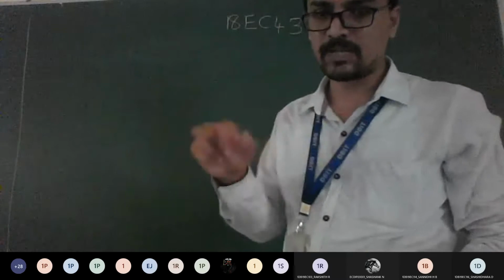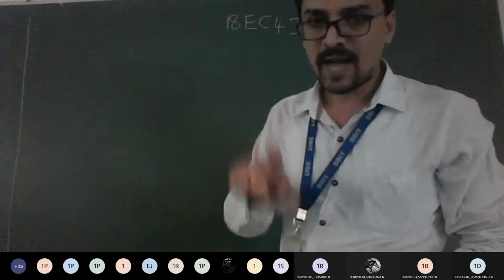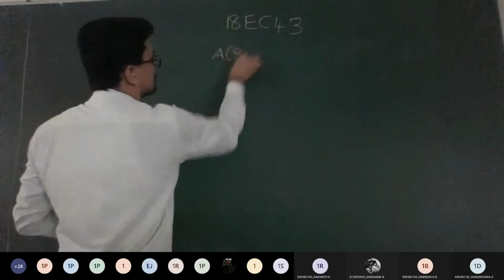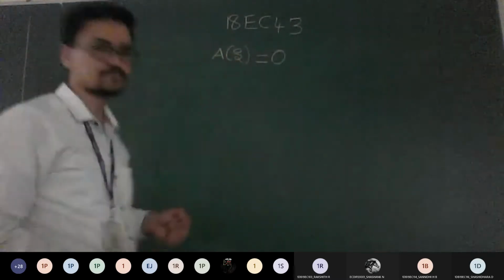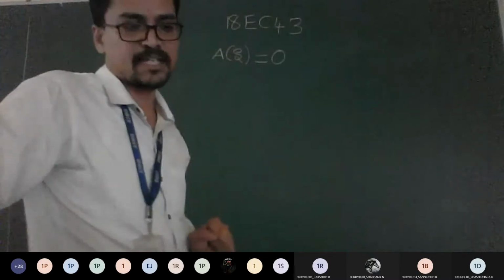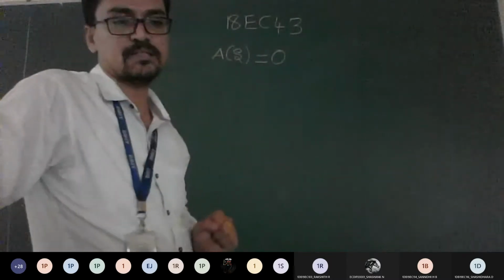Okay, so just make a note. I hope you made it right. Since there is no sign change, the system may be stable, but as there is a row of zeros, the system will be marginally stable or unstable. That statement you should make. Then, to examine the above condition, let us consider the auxiliary equation A of s equal to 0.